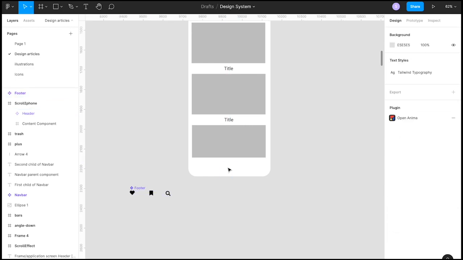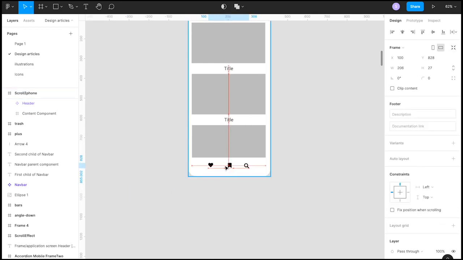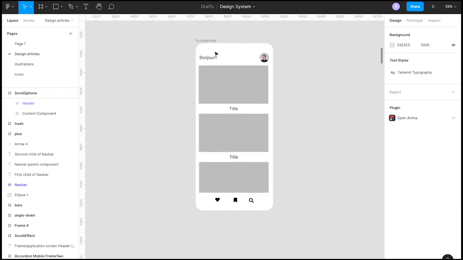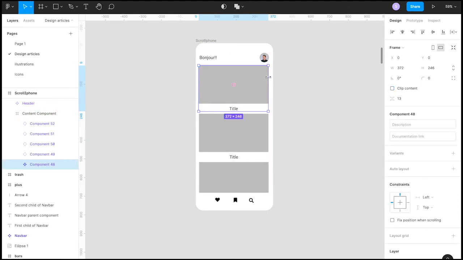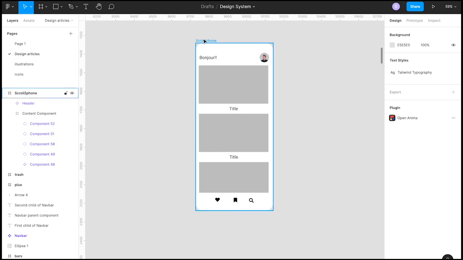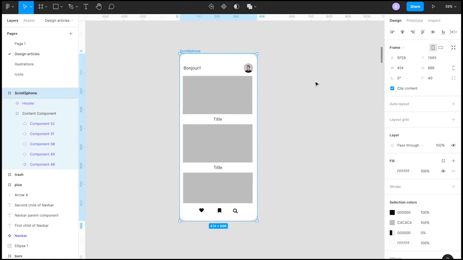I already have this whole footer component made up using some icons, so let me put it back over here and place it at the center. Okay, so our footer and the whole thing is ready. I'm sure this images section will have a particular width. Okay, good enough. So the last part is to see how a scroll effect will work, and that's where